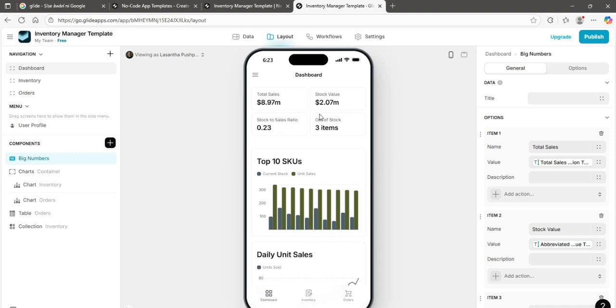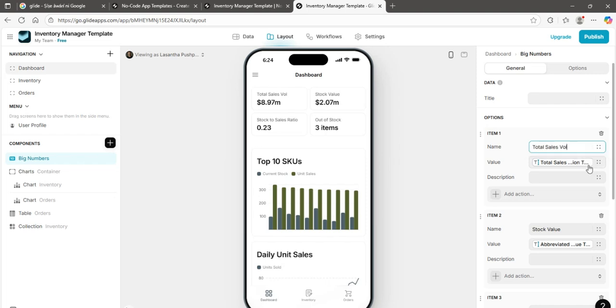Now let's come back. Let's see how you get to the dashboard. You can see the dashboard, big numbers. Now what do you have? You have total sales, which is here. If I just come here and add total sales volume, it will also be reflected here. So the name is total sales volume. The value that was attached to it is total sales abbreviation template. If we want to see the values behind it,